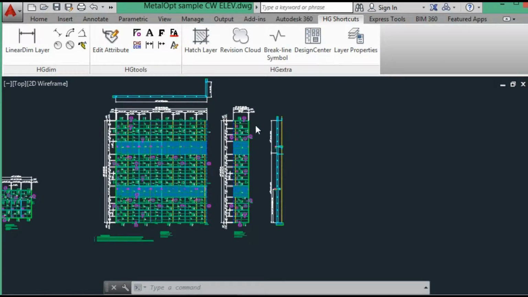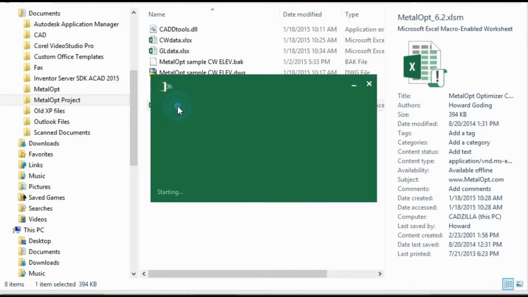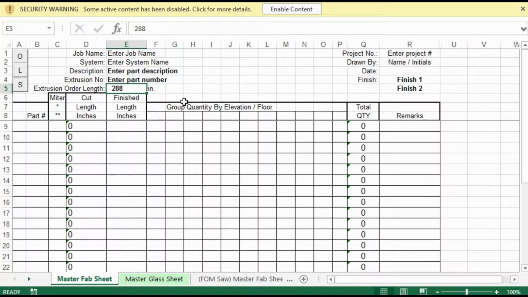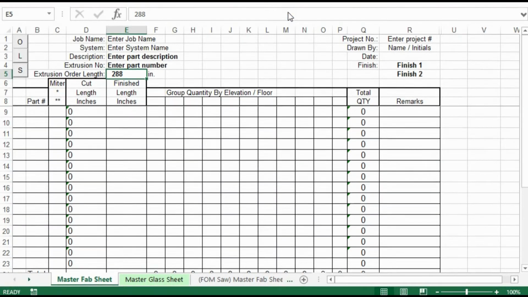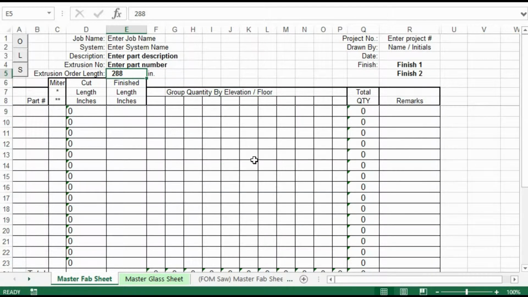We won't need AutoCAD at this moment, but we will need to open MetalOpt. So we execute our MetalOpt. On the first use of MetalOpt, you will need to enable the macros, which is a Microsoft security warning. This general splash screen, and the first thing